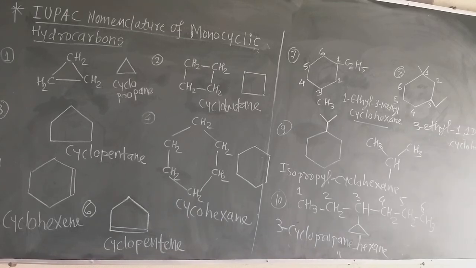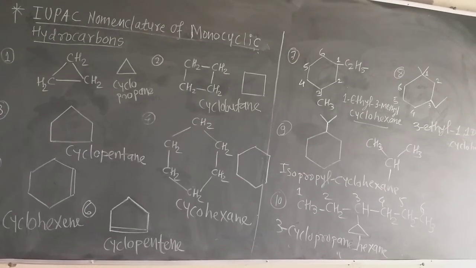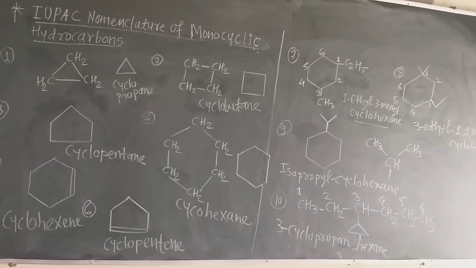Propane. 3-cyclopropane, because that is the cyclopropane. So the name is 3-cyclopropane. A triangle means cyclopropane. No matter. Remember that the 10th example has the name 3-cyclopropylhexane, not only propane, because there is the monocyclic ring on the third carbon atom.